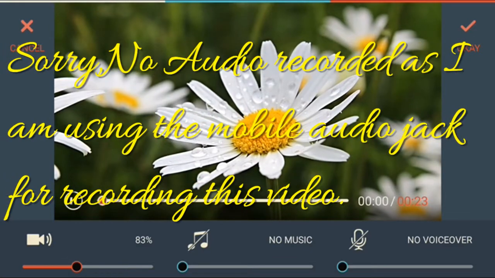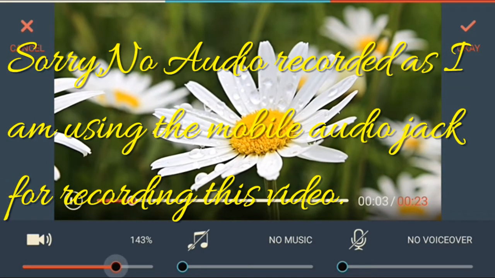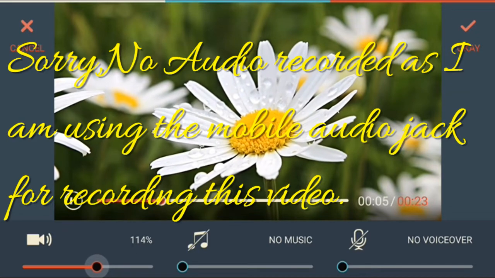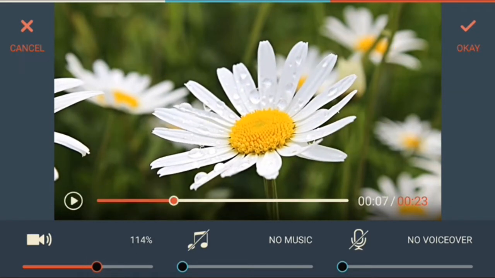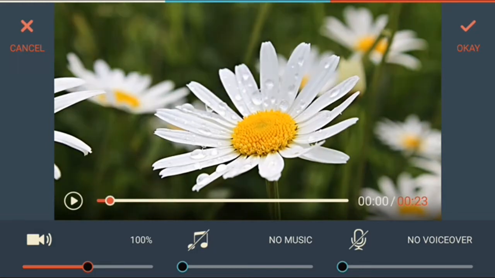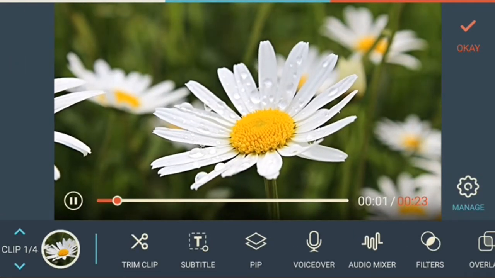Let us play this and see. So if you want, you can reduce, or if you want, you can increase the audio volume according to your taste. If you have a background music attached to this video, then you can increase this slider also. And since there is no voiceover, I cannot show you this voiceover clip. Now going back by clicking on the cancel.